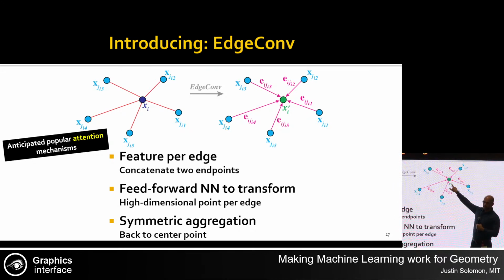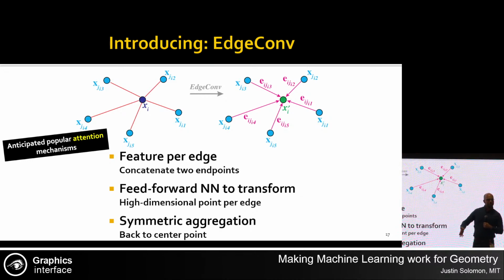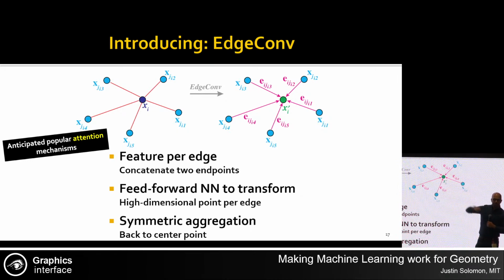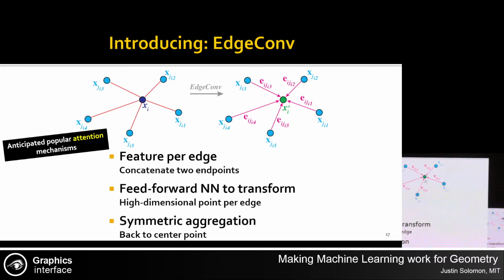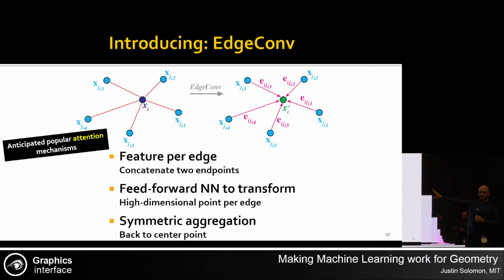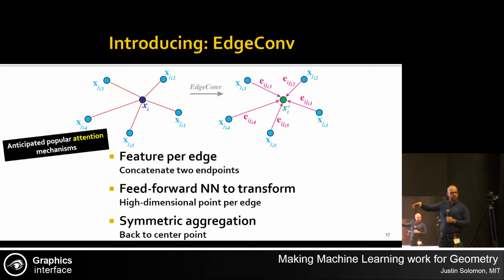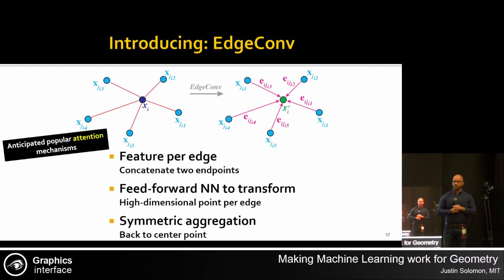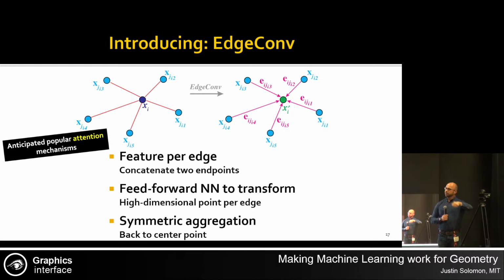And then to get a feature for a point, I take all these edges that I've just constructed, and now I apply that pooling operation, which was done over the whole point cloud in PointNet, just to this local neighborhood to put a feature back on that center point. So if you think about it, essentially what's going on in this architecture is it's still taking a point cloud and then mapping it to another point cloud of the same number of points in this feature space. But the way that it's doing that is by gathering local neighborhoods and trying to infer some interesting information about a point and the relationship to its k-nearest neighbors. So that's where it differs from the older PointNet architecture.